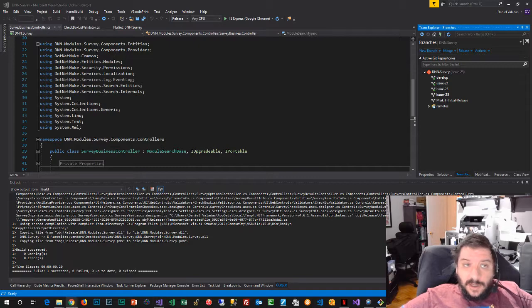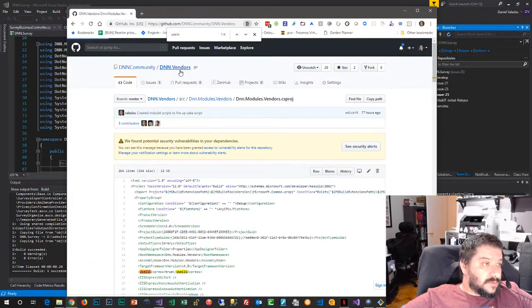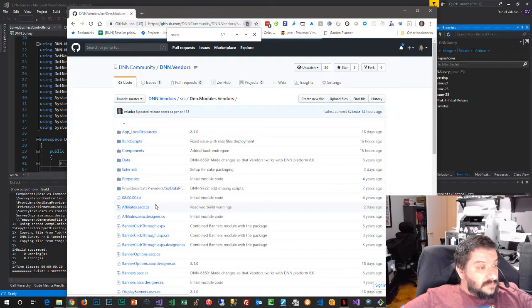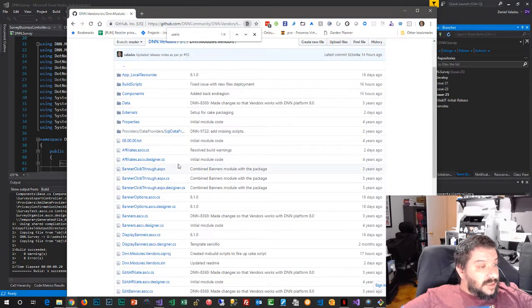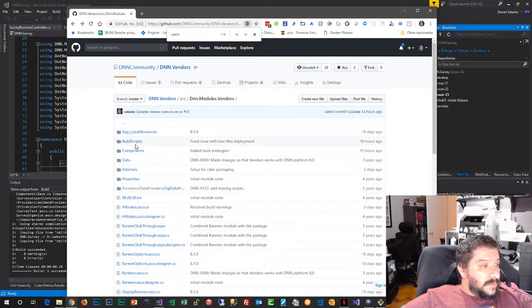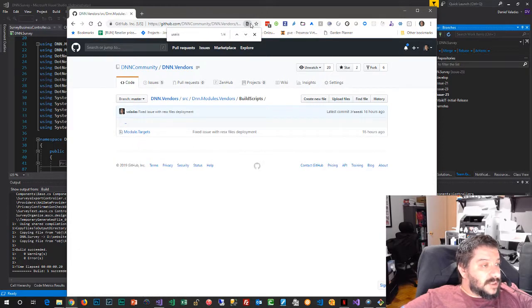So now we have a reference. We spent a lot of time yesterday making build scripts for the vendors module, and we can now reuse that to our advantage. So in the project file, well, no, before that, we need a build scripts folder, and let's try to be consistent and call this